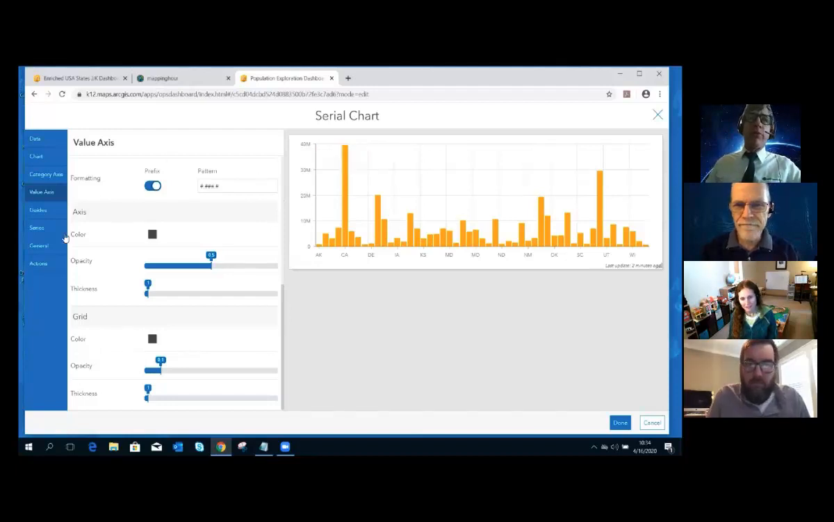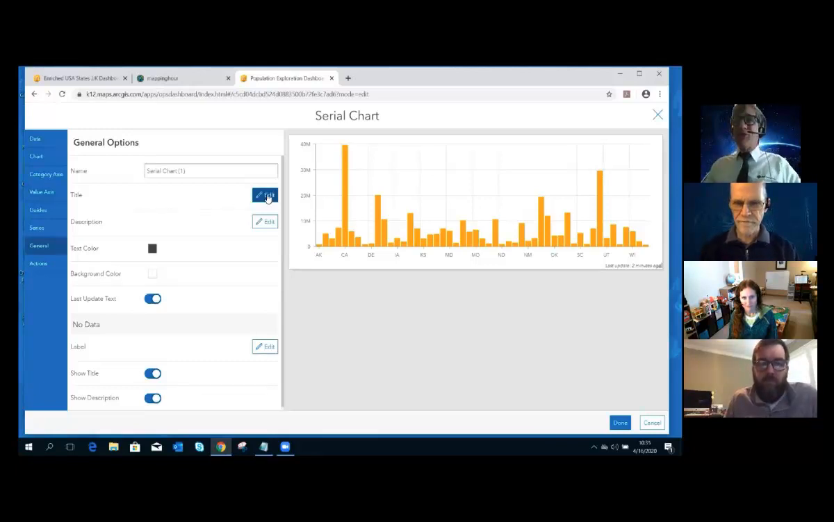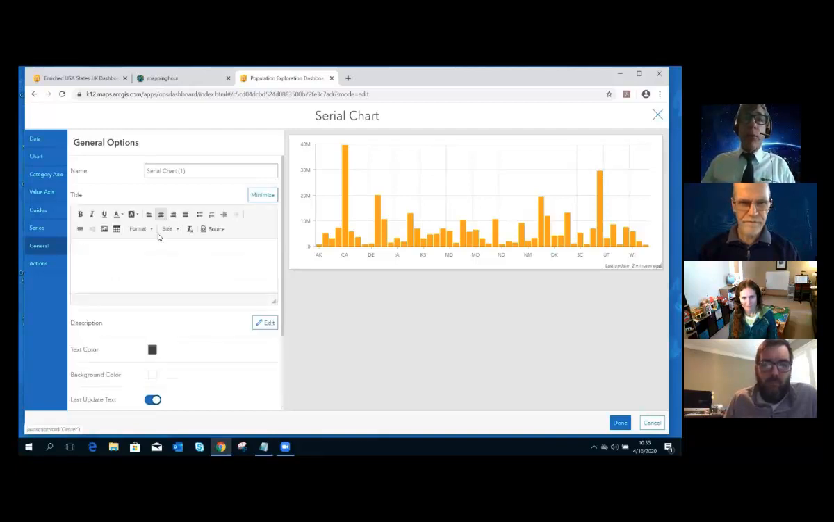Let's do one more thing, though, with this. Let's go to the general. And as Kylie said, if you don't know what each one of these do, just play around with them. Under general here, I've got a couple of choices that might make it just a little bit better. And as Kylie did with her gauge, her total number that she put in, I'm going to edit my title. And I'm going to call it